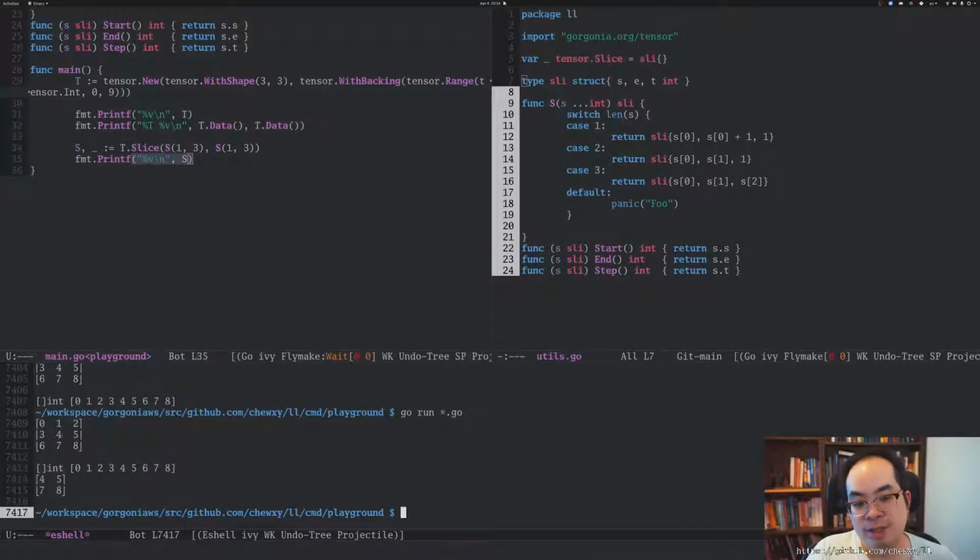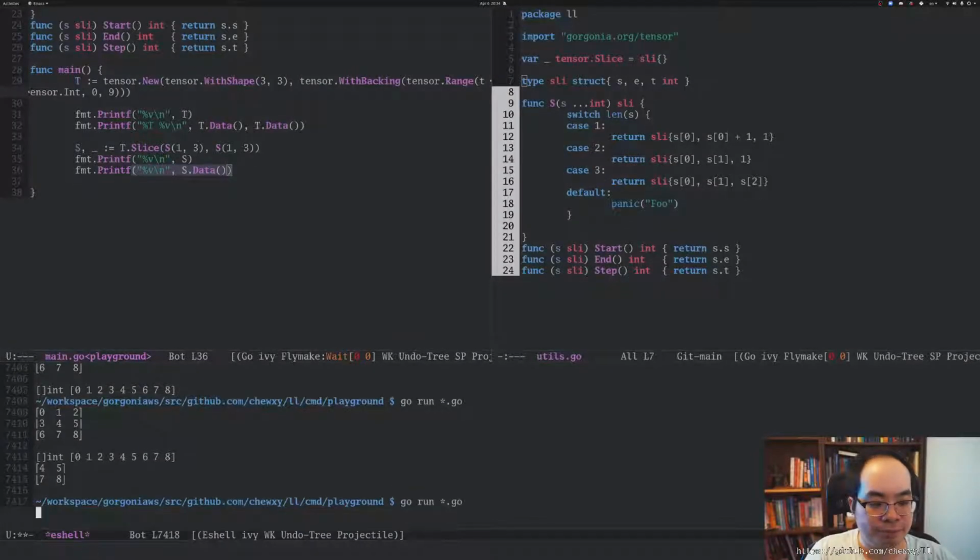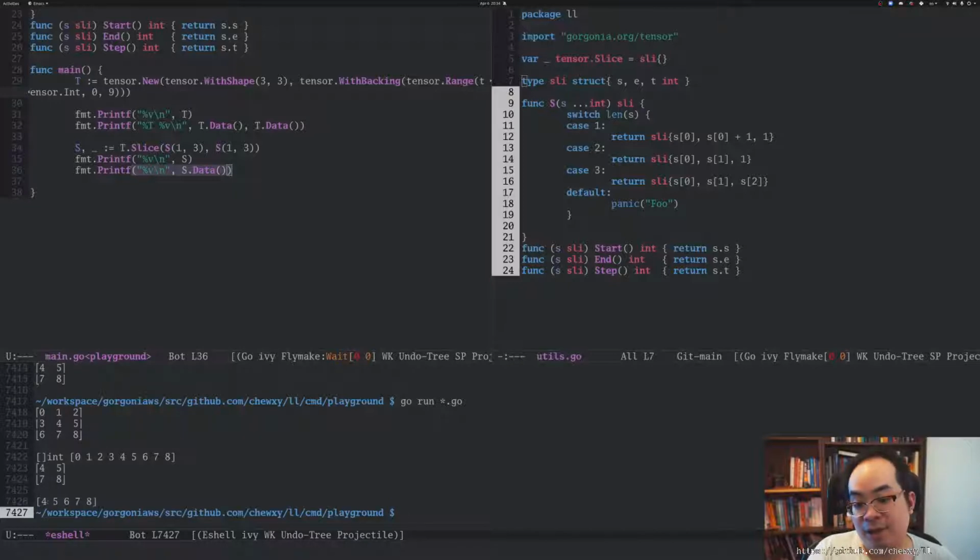So you can see I'm just slicing 4, 5, 7, 8. Right? Okay. If you're following so far. 4, 5, 7, 8. Okay. And now let's look at the data. So that's the raw data. It actually contains 4, 5, 6, 7, 8. So it actually